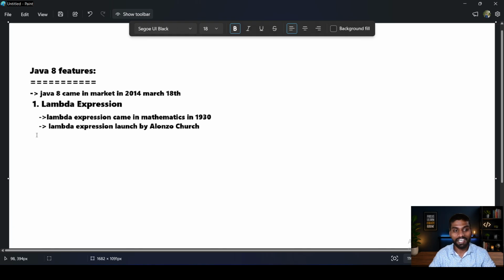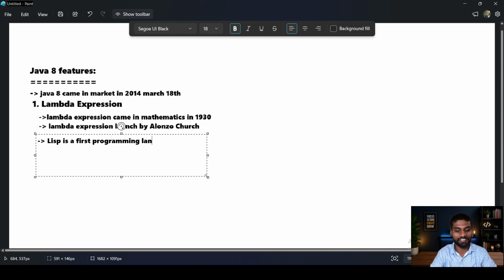Lisp is a programming language, the first programming language that used lambda expression.